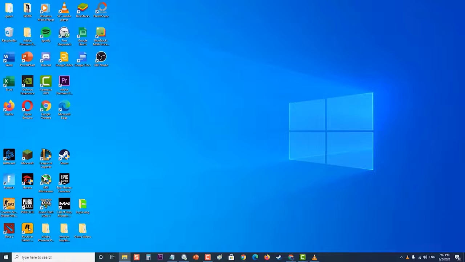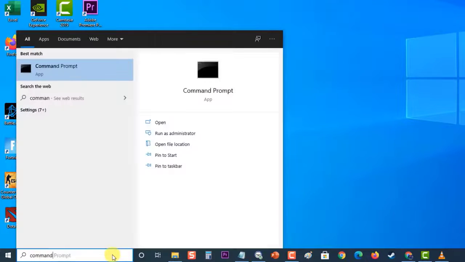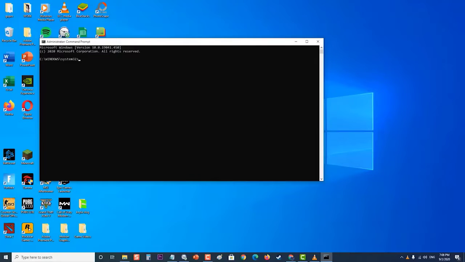Lastly, use WMIC to terminate the process. The Windows Management Instrumentation Console can be used to terminate the process. To do this, first type command prompt in the search box of your Windows. Then, right-click Command Prompt from the search results and select Run as administrator. A prompt message appears asking if you allow this app to make changes to your device. Click on Yes. Next, at the Command Prompt, type the following command: WMIC process where name="myprocessname.exe" delete